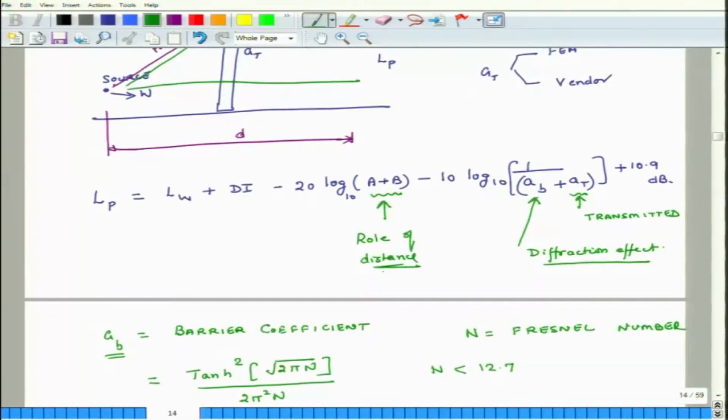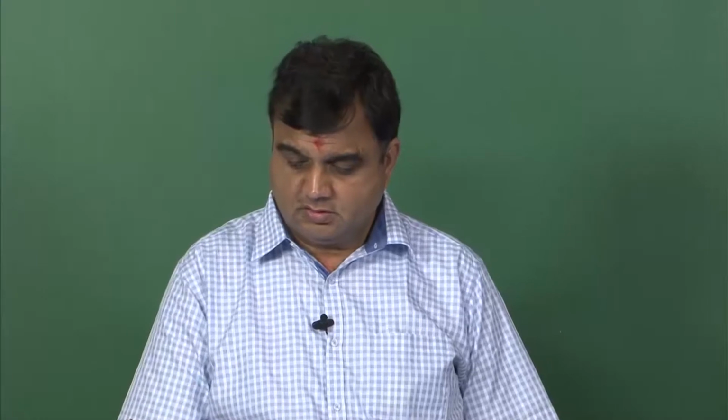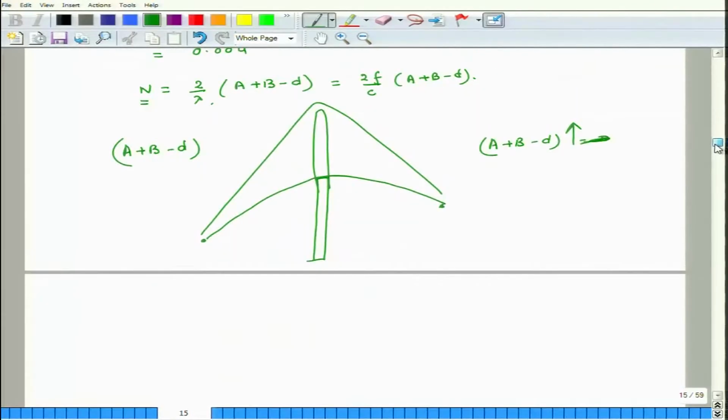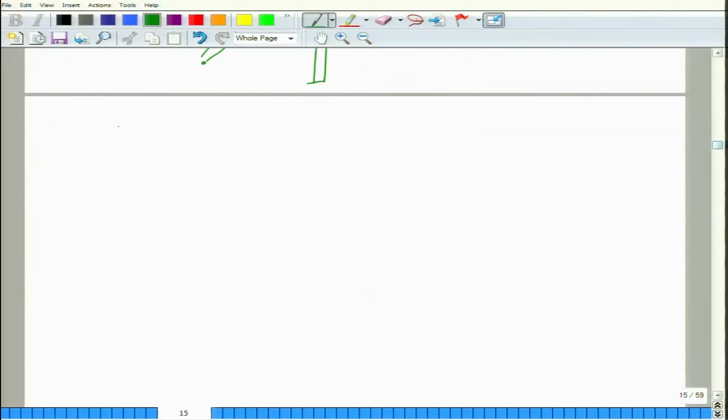So, this is the role of geometry on diffraction. The point is that we should make as high a wall as possible, for this barrier to be efficient. The last thing I wanted to talk about is traffic noise